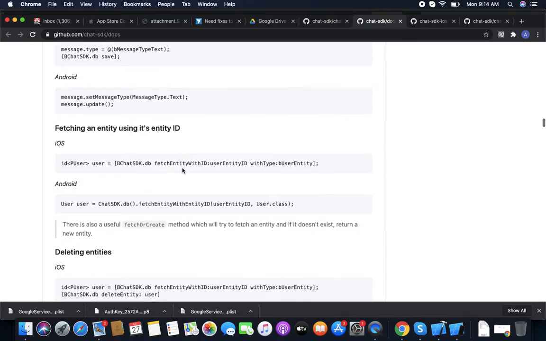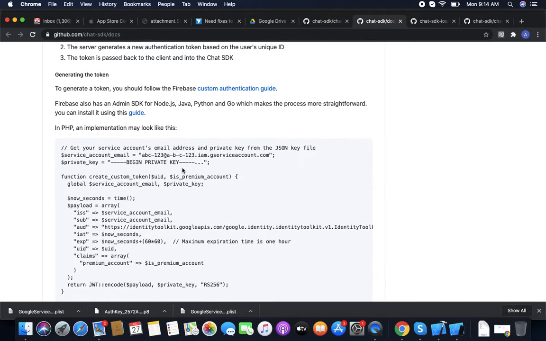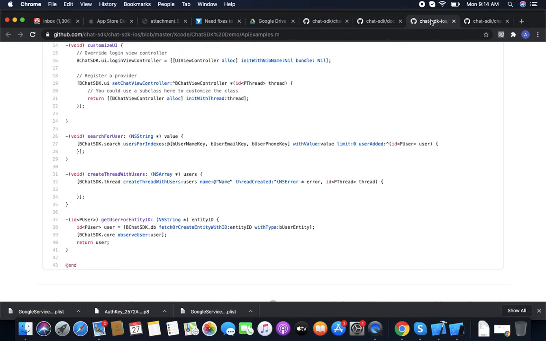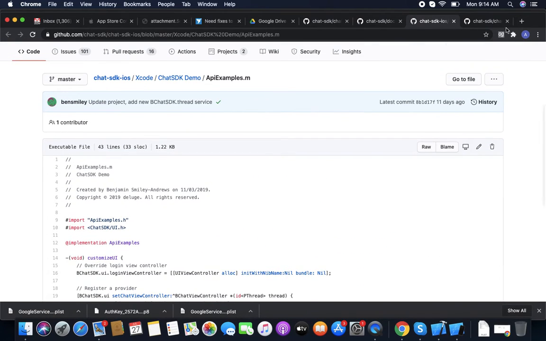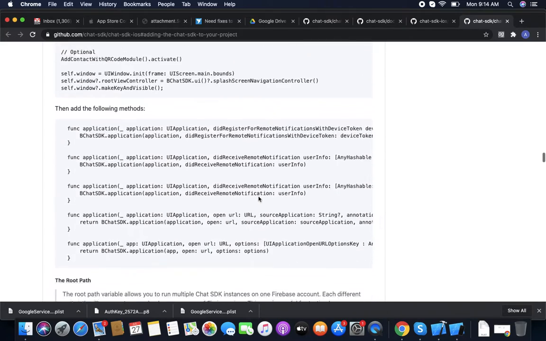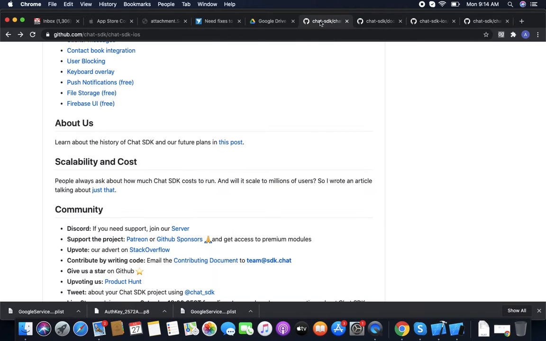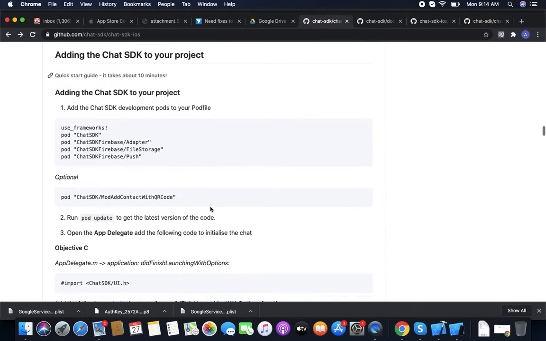Same for messaging, it has everything. You can change your UI, you can change your fundamentals, and the most important thing is it's really easy to use.